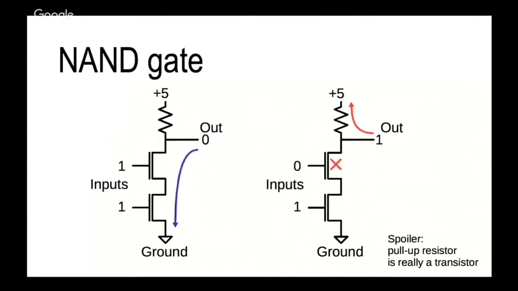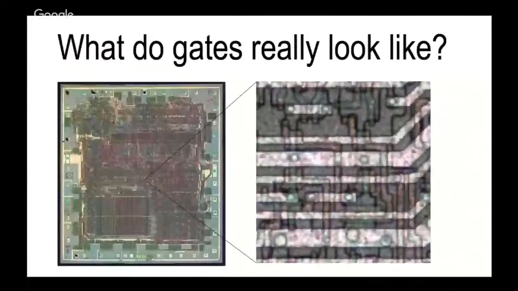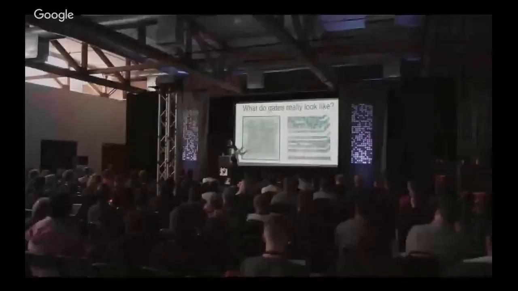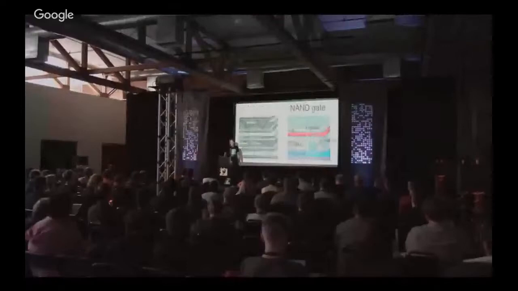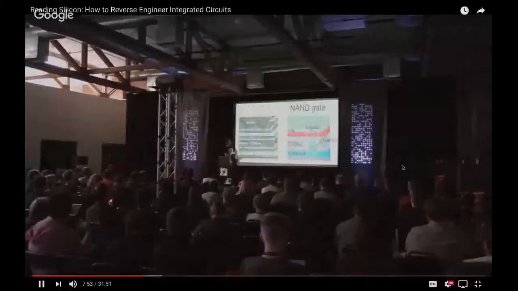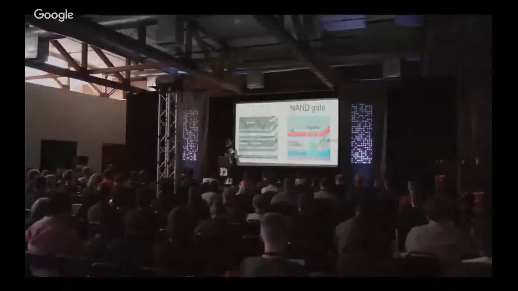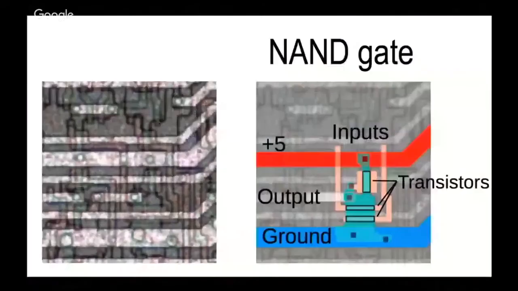When you look at a chip, it's a lot more complicated than that. We can zoom way in on the Z80 chip and we get something like this. At first it looks just bizarre, but if you stare at it long enough, it'll start to make sense. Here's what's on the chip photo, and then here's what it actually means. You can see this green region is